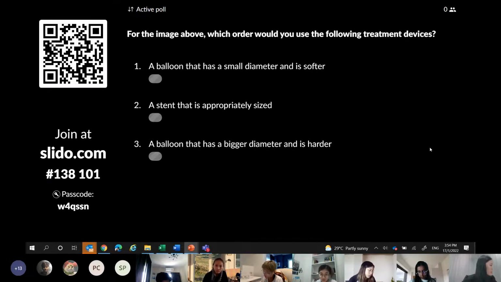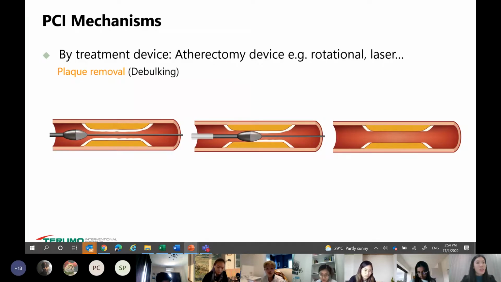I don't have an image. If you have your notes, it's okay. Let me skip this question. So other treatment devices are